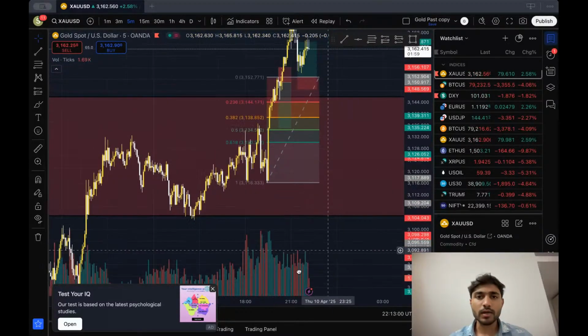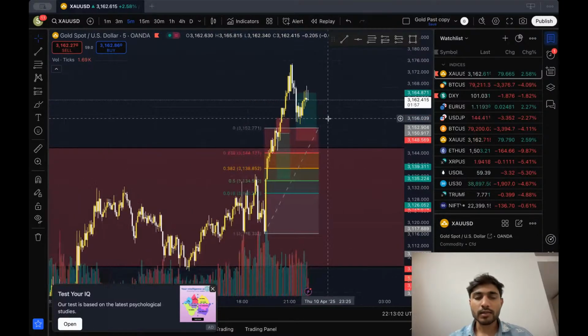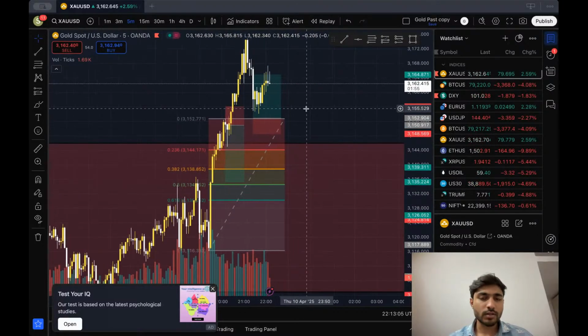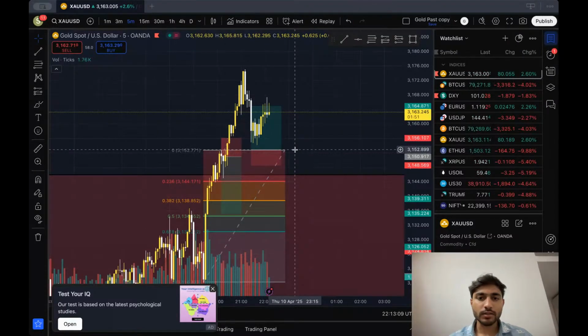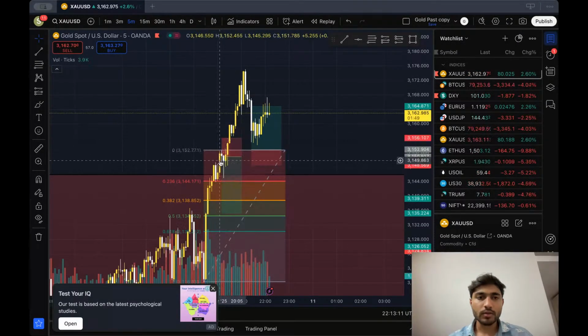But let's do, actually I've given a trade just now, but our entry was here, because what is the intuition behind this trade is,